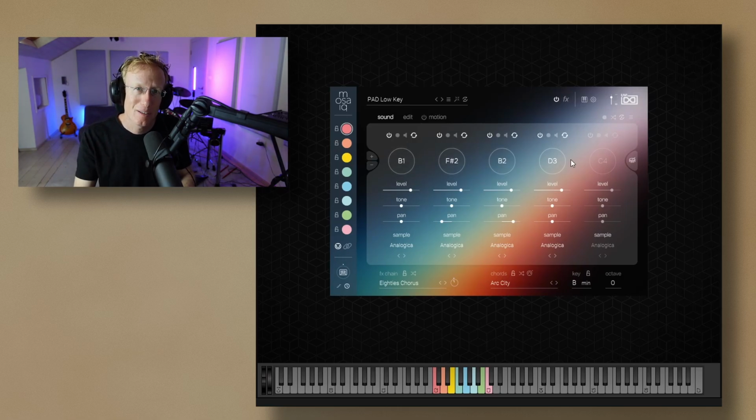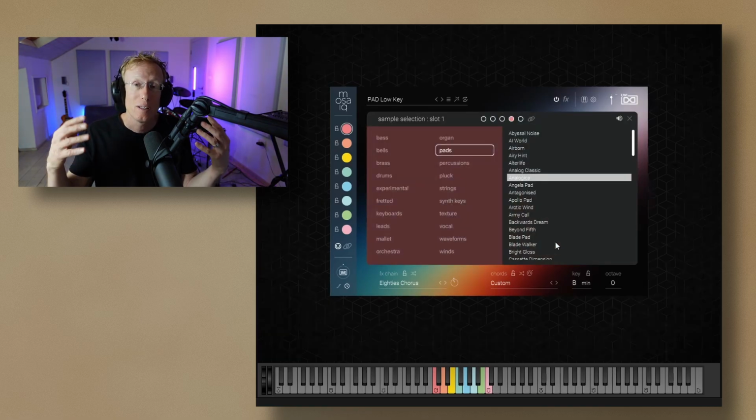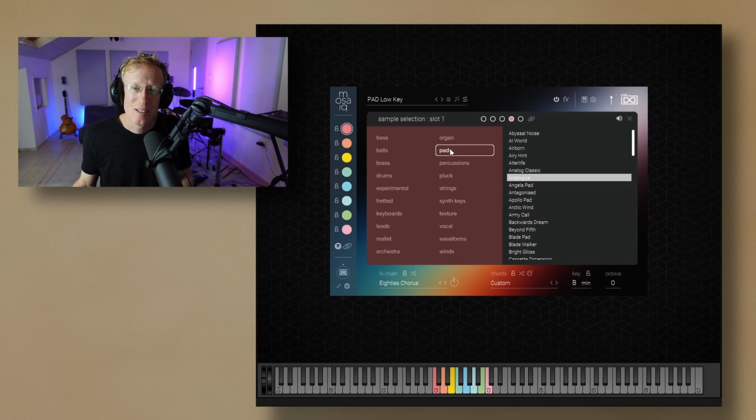So they play together, but some of the presets will have motion in them, and we'll see that. So they might be sort of arpeggiated or sequenced and so on. Now, other things that you can do here, you can change the notes, right? So we have B1, F sharp 2, B2, and so on. I can definitely go for this one and change it to F sharp 2 again, but I can also change the underlying sample. So I'm going to click this, and we have a menu of samples. And these are all the same sample for this chord, but I can go and select like a pluck,